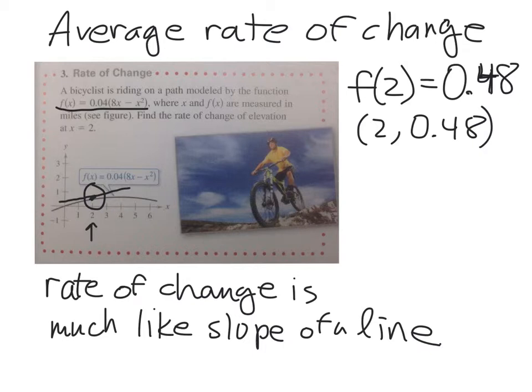And where should that second point be to give us a pretty good approximation for the slope of the tangent line? Well, we need to find a point fairly close to x equals 2, and the closer the better. So let's pick out a point here at maybe 1.9